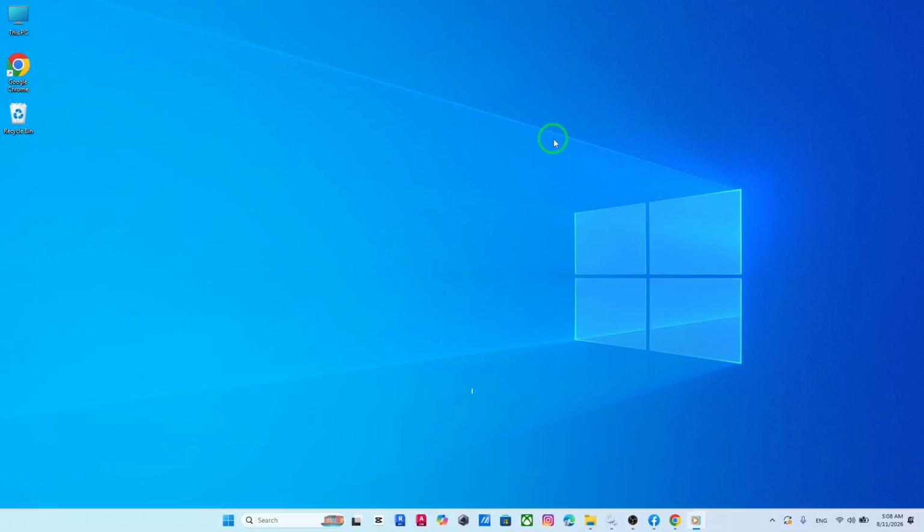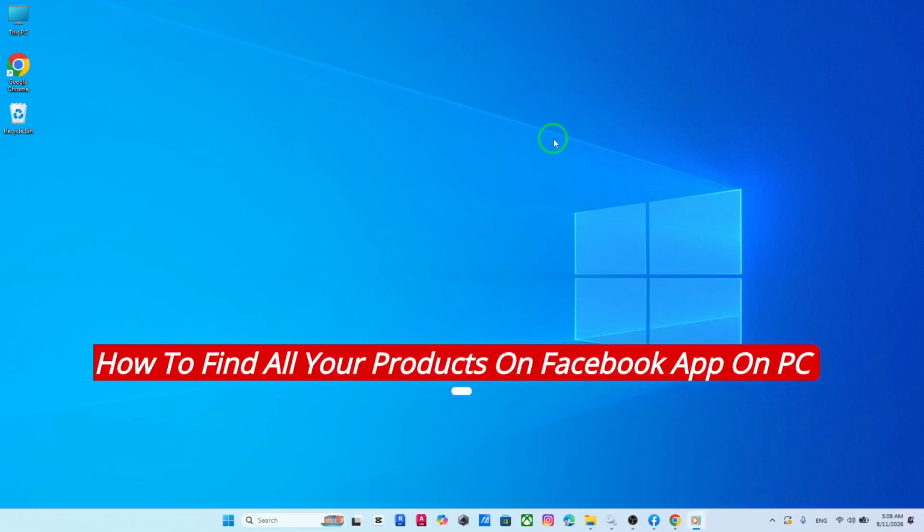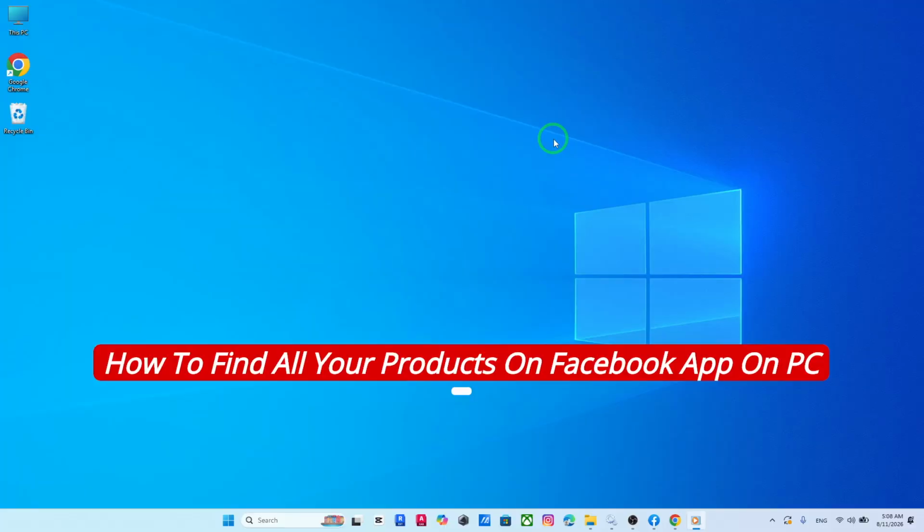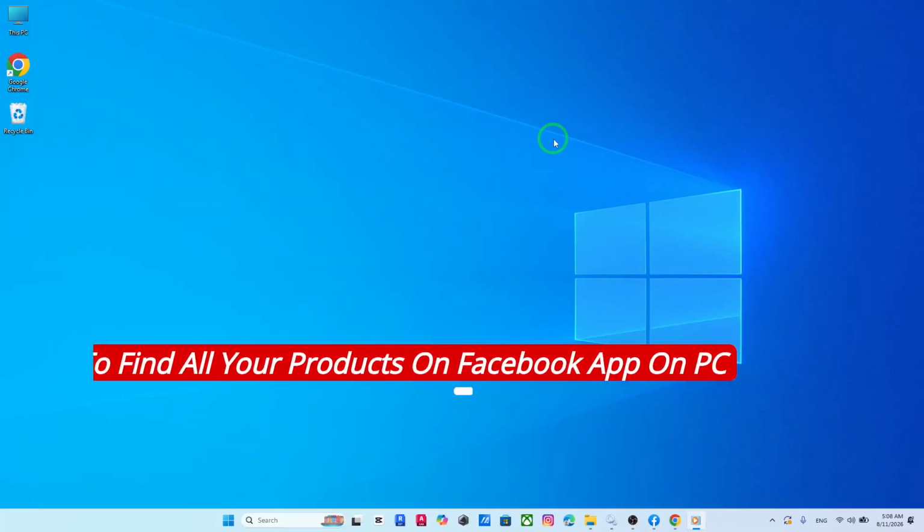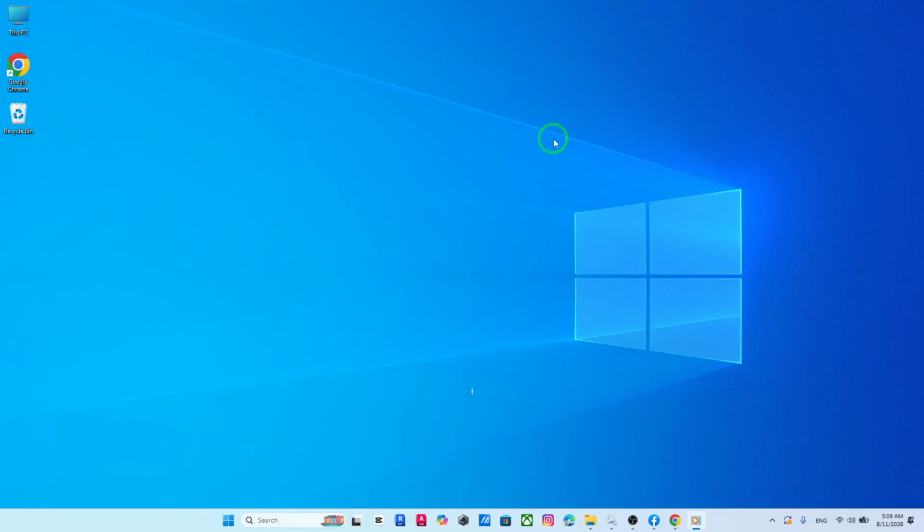Welcome back. If you've been trying to find all your products on the Facebook app on PC after the new update, this quick guide will show exactly where to go. Facebook keeps changing the layout, so the option may not be obvious at first, but once you know the path,